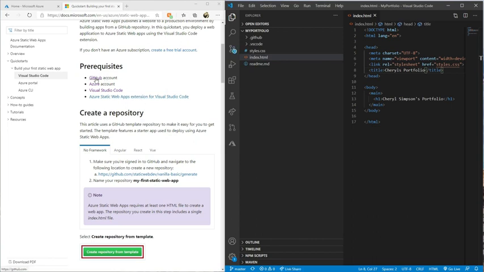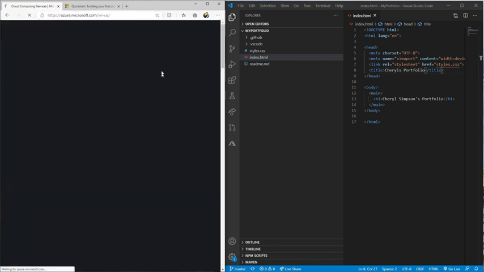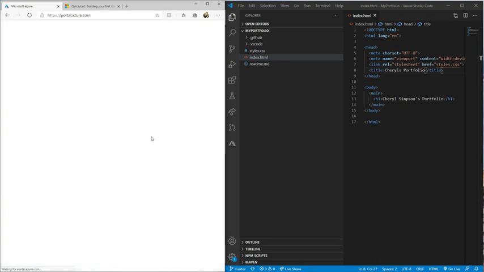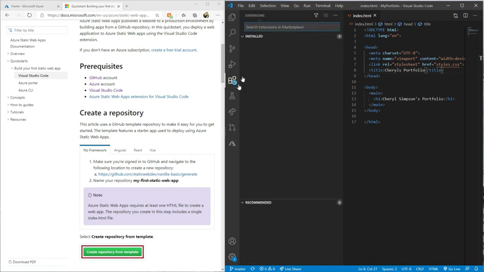So you should have a GitHub account. Make sure that you sign up for an Azure account. If you do not already have an Azure account, you want to come over to azure.microsoft.com and make sure that you sign up for your Azure account before you get started, because that's important. Once you're in your Azure account, you can go ahead and view your portal and see the stuff that is inside your Azure account. Visual Studio Code you should already have, and the extension you need is your Azure Static